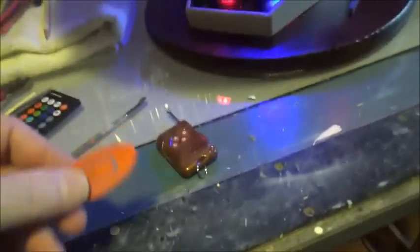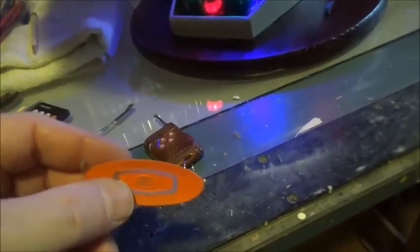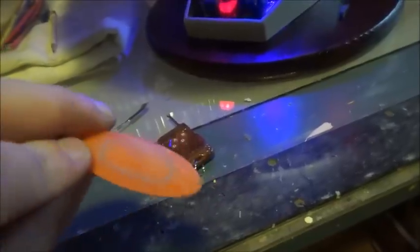You can see the area here that has not been painted at all, and I'm going to maybe do a little bit more hand brushing on that because you can't paint everything with an airbrush. And then this is an orange paint that I painted the same color I painted the saucer dish with, the sensor dish. I did not paint the back of the sensor dish, so that allows that blue light to come